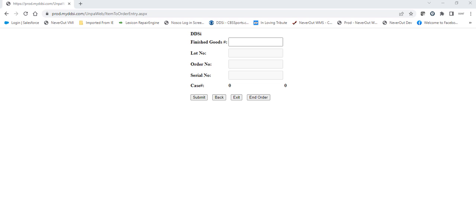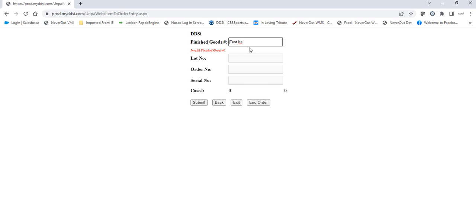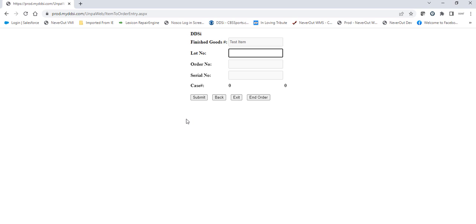Because you have it set up, we can validate. But we want to make sure we only get good data in there. So we test that with that test item is the right item. With an error. Lot number, similarly, the lot number is 1, 2, 3, 4, 5. If I get that wrong,